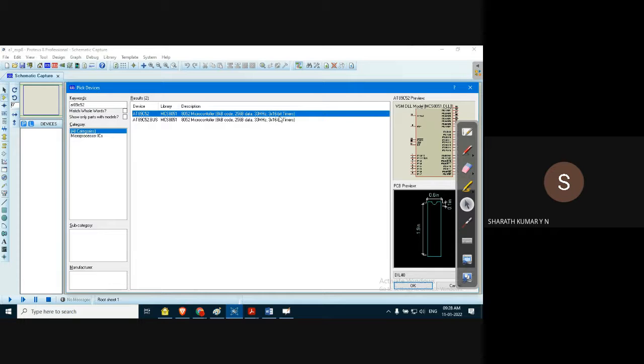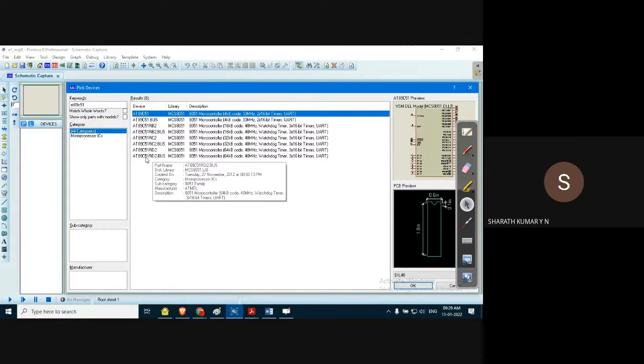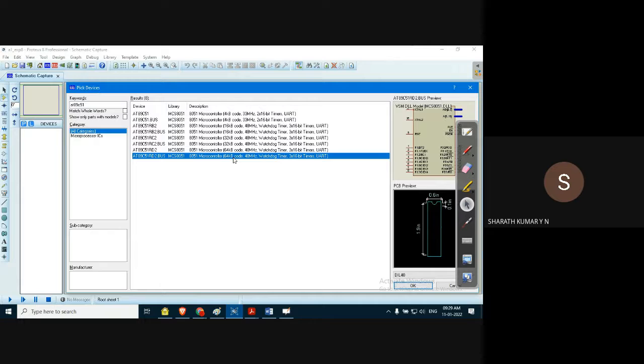So C52 has higher memory, and function wise it is similar to our basic microcontroller, the 8089S52. But the 8089C51 has features very close to the 8089S52, so that's why you can select 8089C51. Select 8089C51. You can see various other options, for example this controller has 64 kilobytes of code memory.